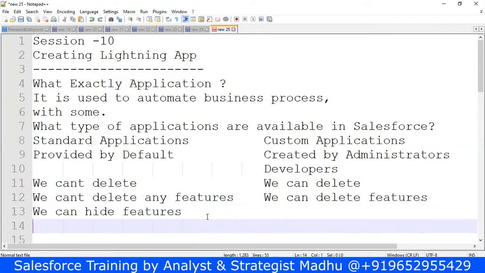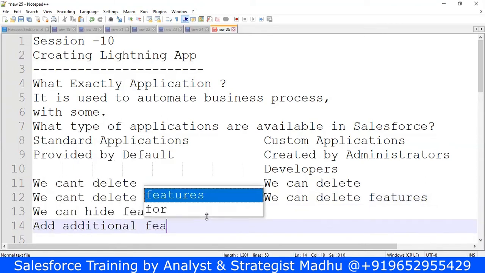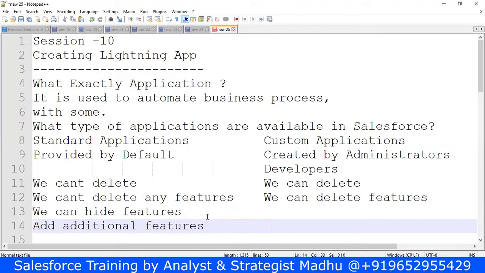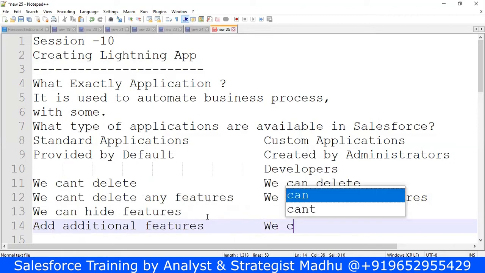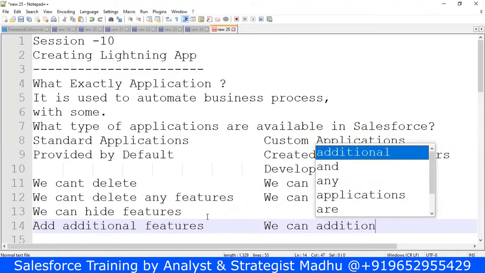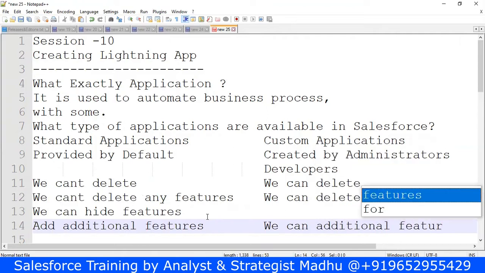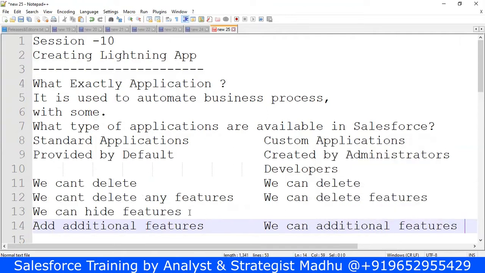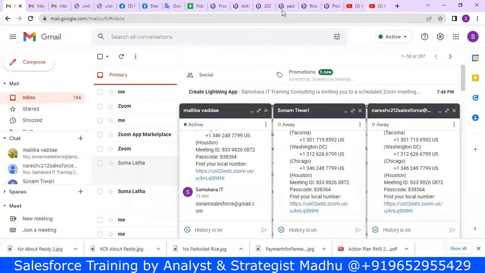Here you can add additional features. Here also we can add additional features. You understand, right? What is adding and deleting features? For example, you have in the application